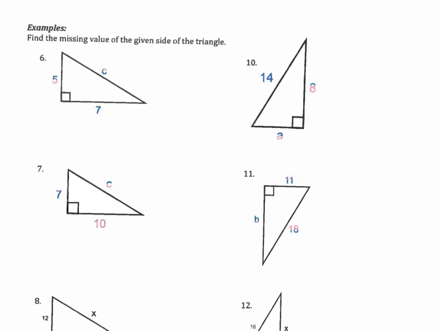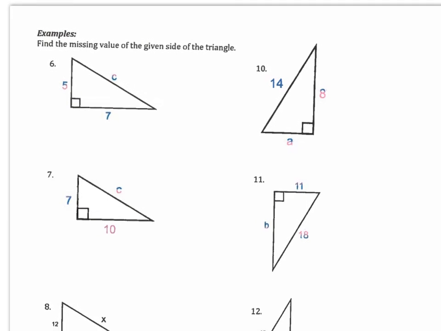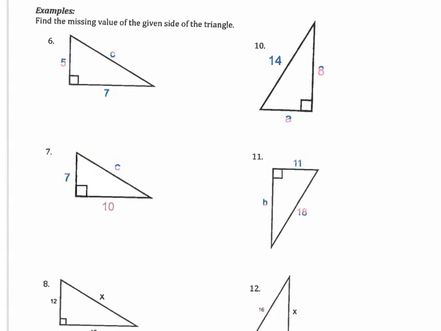So now I want to actually find examples of the missing value. So if I take a look at this, it says find the missing side. So all I'm going to do is I'm going to label 5 as A, 7 as B. I'm looking for C. So I'm going to do 5 squared plus 7 squared, because A squared plus B squared equals C squared. So now I'm going to clean this up. 5 squared is 25, plus 7 squared is 49, equals C squared. 25 plus 49 is 74. How do I get C by itself? I square root. So the square root of 74